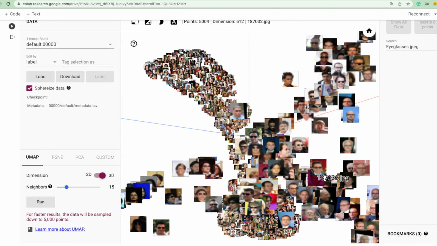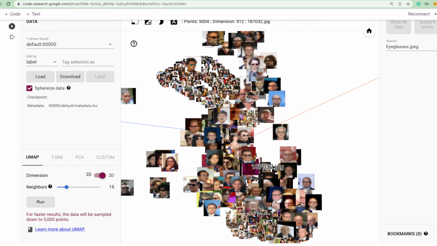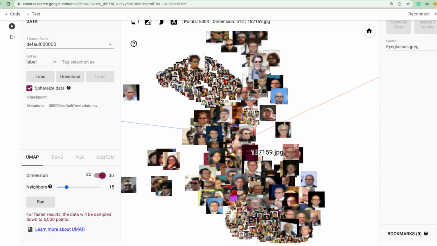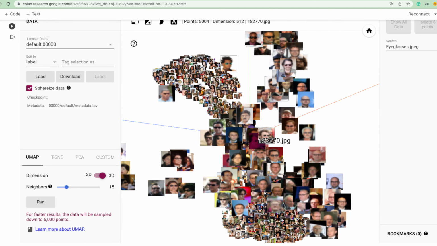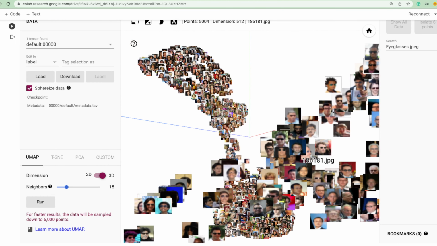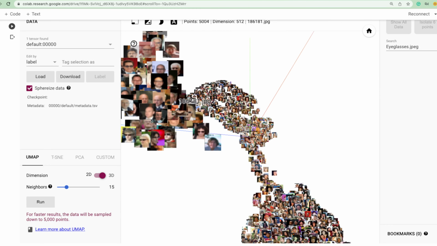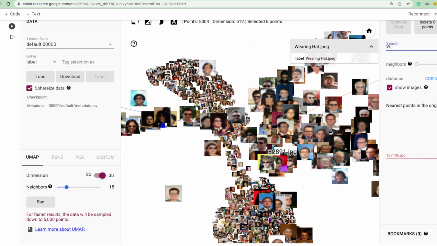is basically the image of the label, and you can see in the neighborhood we have all the people who are wearing some form of eyeglasses or eyewear. The main thing that you want to notice is the depth, right? All of them are not flatly available at the same level. Why? Because eyeglasses is one of the common factors, but it is not all the common factors, because we have several different attributes bringing these people together, and the differences in the attributes actually separate them in terms of distance, right? So that's what this is showing,